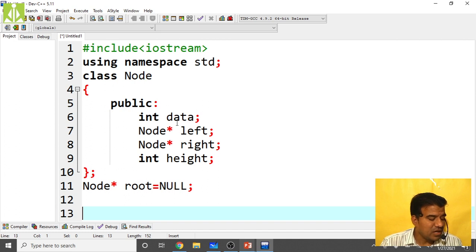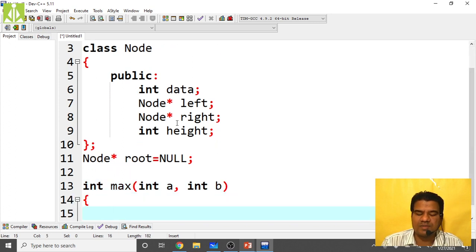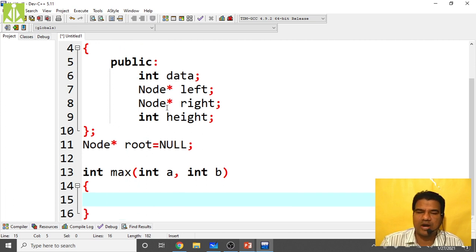In the implementation process, we are doing the comparison between different nodes, just to know which node has the maximum key value and which node has the minimum key value. To get that, I'm writing a function with the name max. It will take two parameters, int a, comma, int b, do the comparison between those two values, and whatever value is maximum, simply return that one. It's a normal find-the-bigger-of-two function.